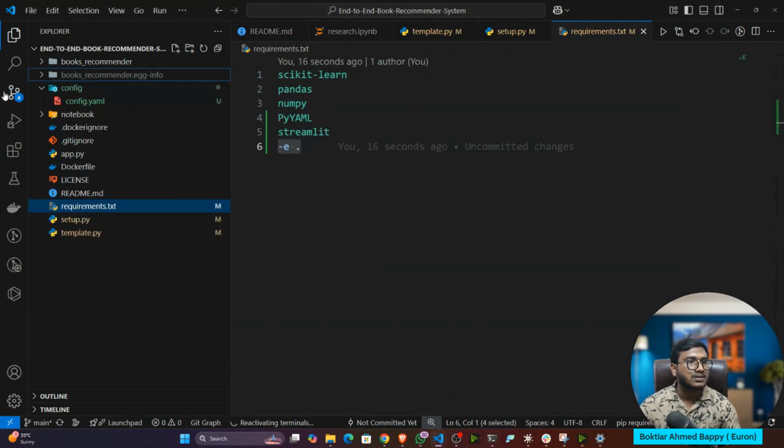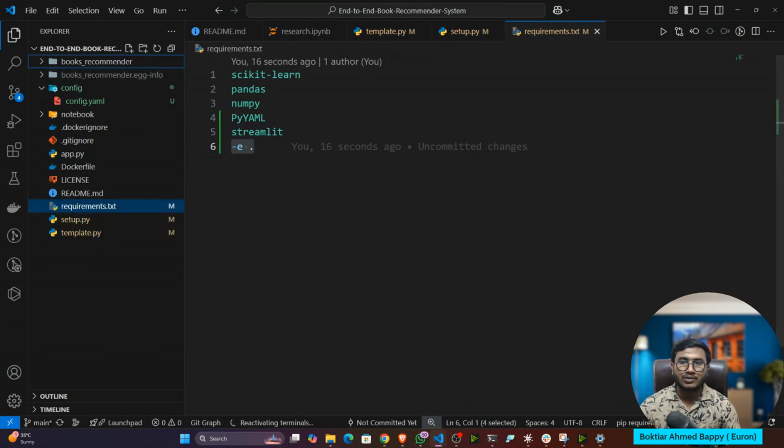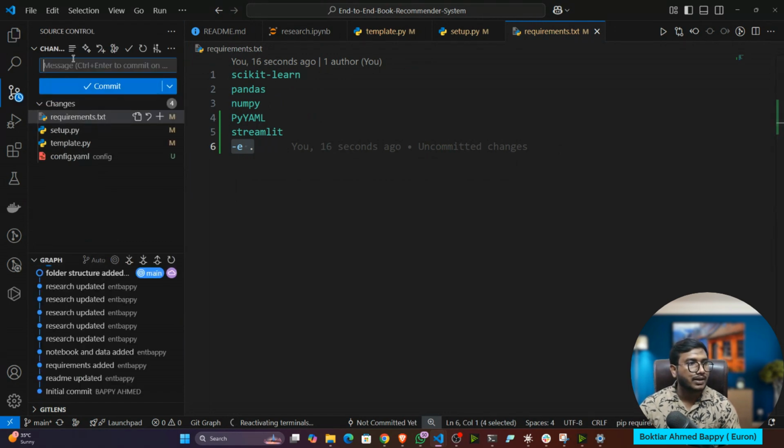Once it is created, that means your local package installation is done. That means now you can write modular code. Now let me update the code. Setup edit.